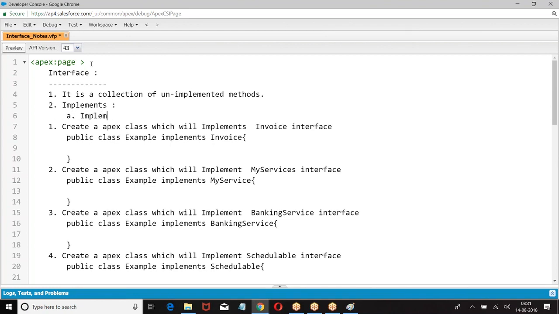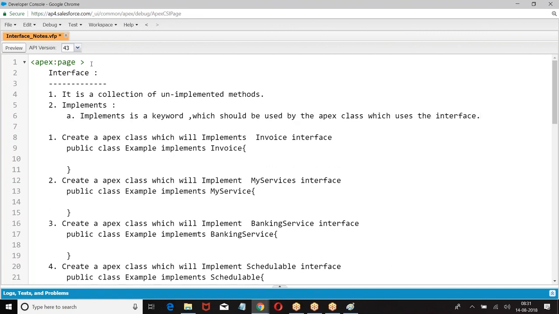Implements is a keyword which should be used by an Apex class which uses the interface.